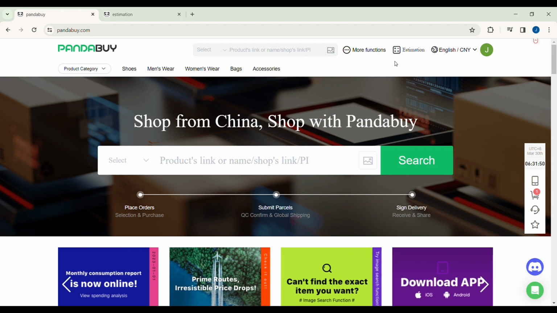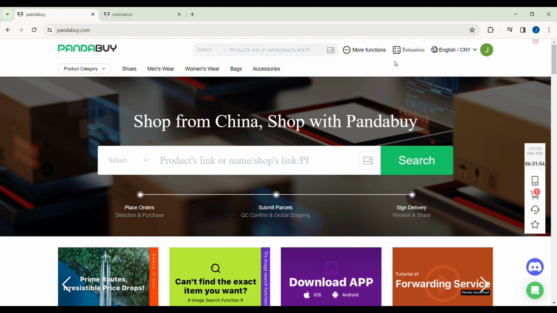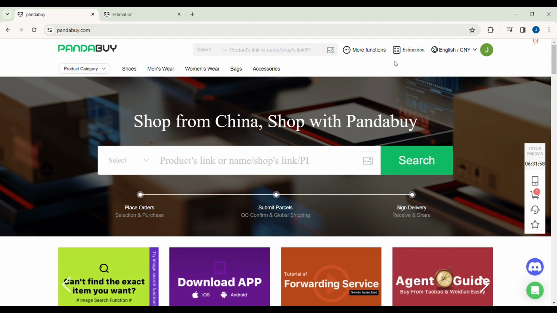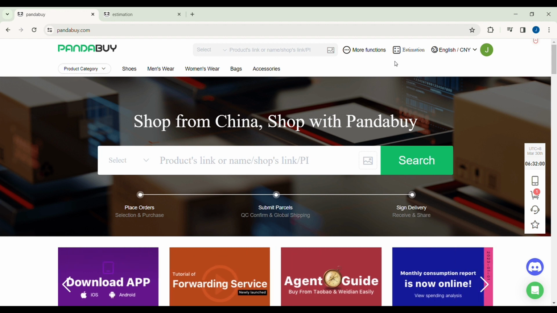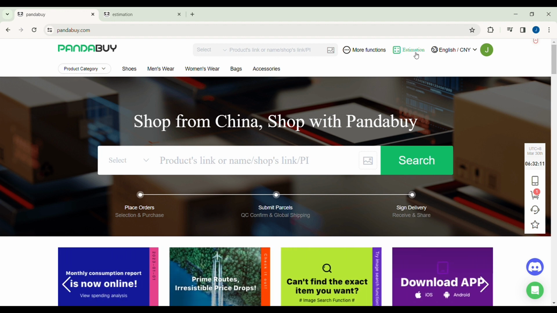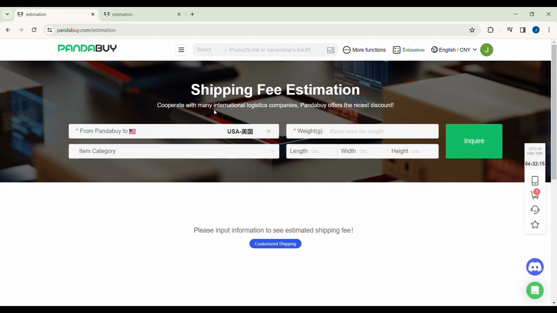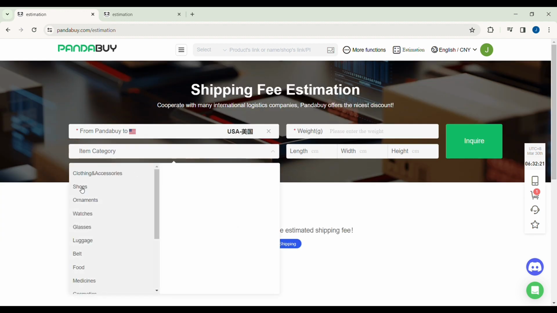The first step is you might want to pay attention on the tabs on this upper part right in here, right after you've logged into your account. You will see the options in here and you just have to click estimation. Once you've clicked on this, you just have to include all the prompts needed for you to have your shipping